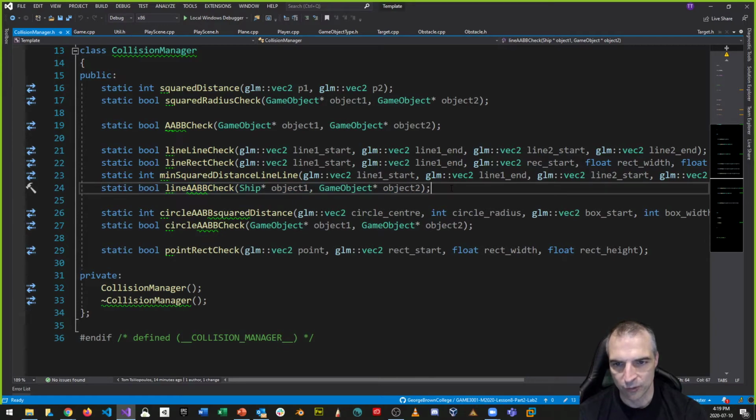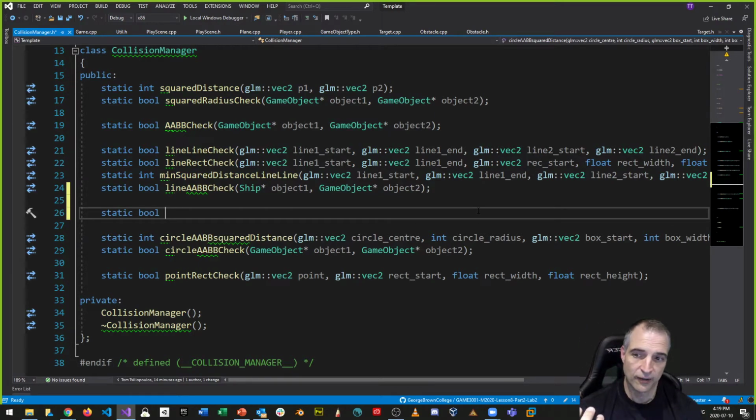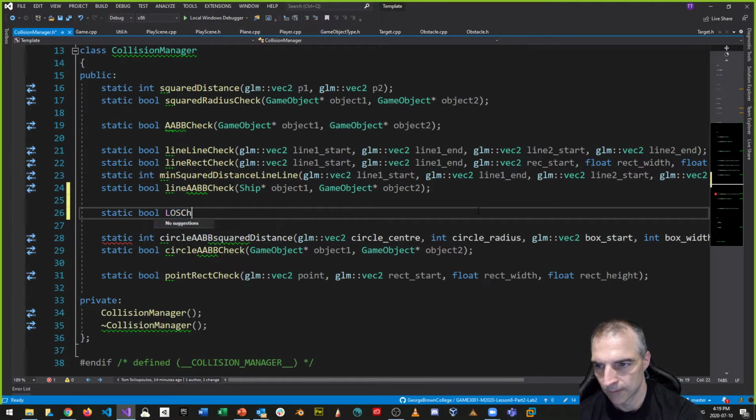I want to make another one. I want to call this check, I want to call it line of sight check, and I want to check line of sight between two objects. So line of sight check, and I want to include two objects, so they're going to be two display objects. So display object, object 1,